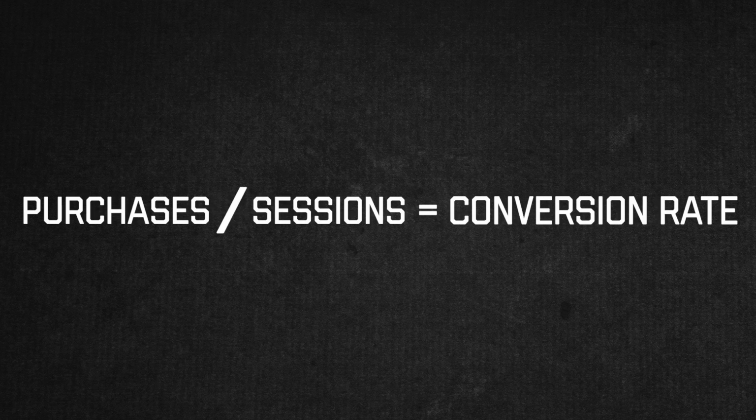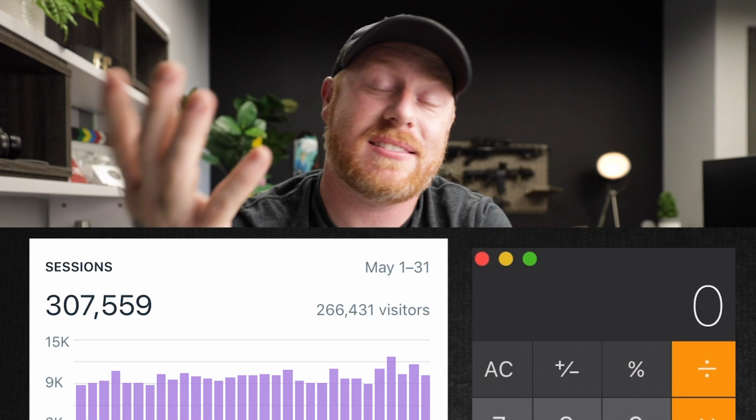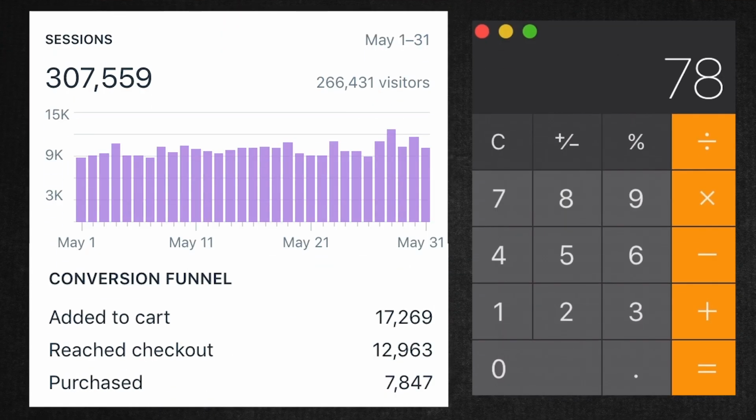Let's start with understanding the mathematical equation to what a conversion rate actually is. That's taking the number of purchases you've had and dividing that by the number of sessions on your website. So in my case, during this month, I had 7,847 purchases. You divide that by 307,559 sessions, and that gives you 0.0255 or 2.55% conversion rate. Now for simple math, that's 2 purchases divided by, say, 100 sessions would give you 0.02 or